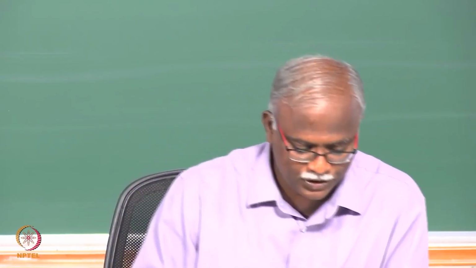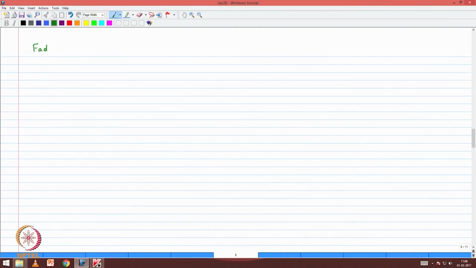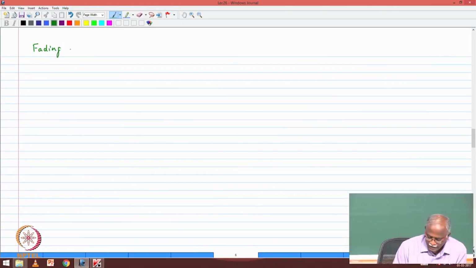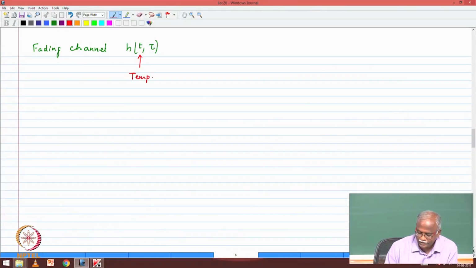So, today's lecture we are going to introduce 2 more characterizations of the channel with the time variations of the channel. So, let me begin by introducing the notation. We are dealing with a fading channel, not dispersive at this point, we are not talking about dispersion. So, h of t comma tau, so basically variations along the tau dimension. So, the characterizations that we have done so far, we would call it the temporal characterization, anything to do with the time dimension, temporal characterization.